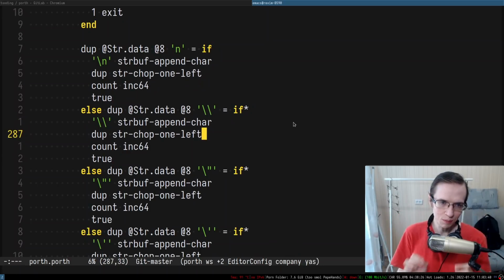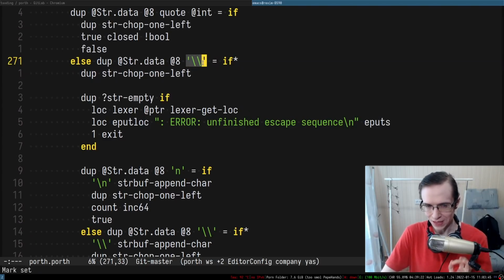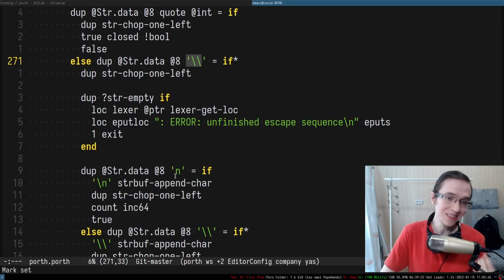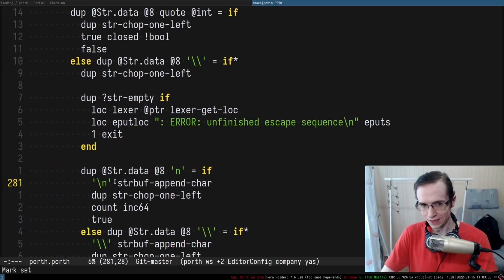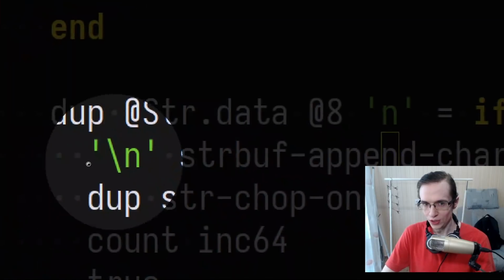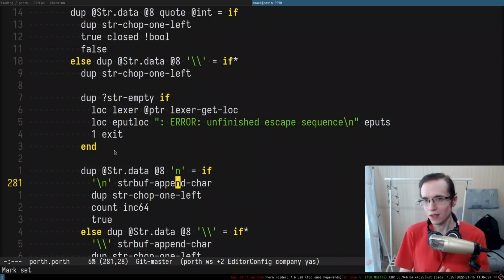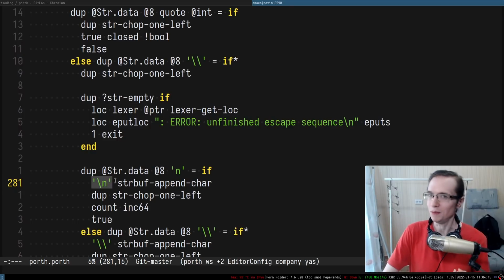But what's interesting about this place is that we implemented it by searching for backslashes, and then once we found the backslash, we look at the next character after the backslash, and if that character is, for instance, n, we interpret it as \n. What's interesting about this specific piece of code is that it uses escaping to implement escaping. So it's some sort of compiler feature that perpetuates itself every time you recompile the compiler, which makes it feel like some sort of a quine, right? It literally uses the feature that it's implementing.